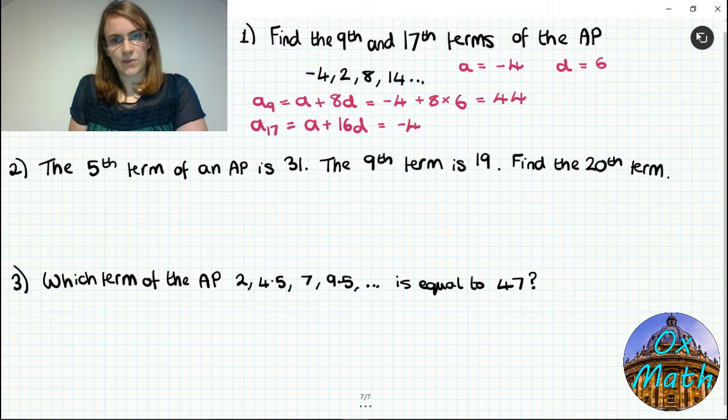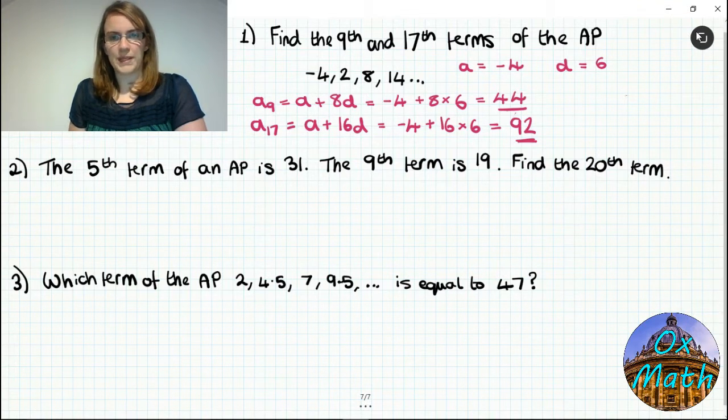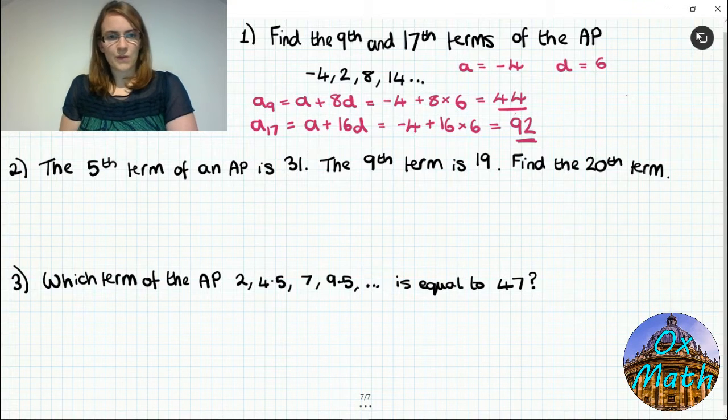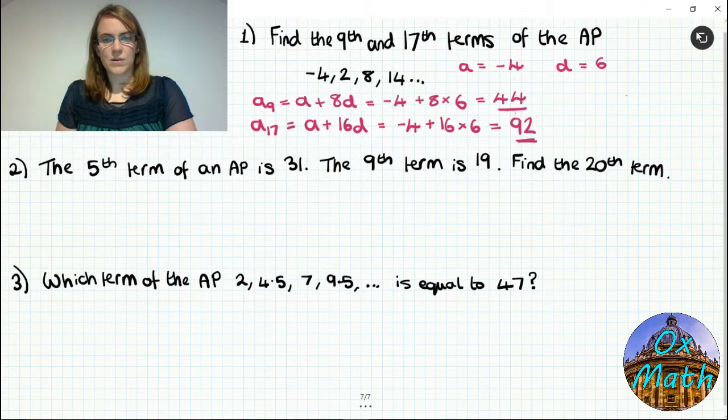So minus 4 plus 16 times 6. So minus 4 plus 16 times 6 is 92. So our 9th term will be 44 and our 17th term will be 92. So for question 2, we aren't told the arithmetic progression, but we are told the 9th term and the 5th